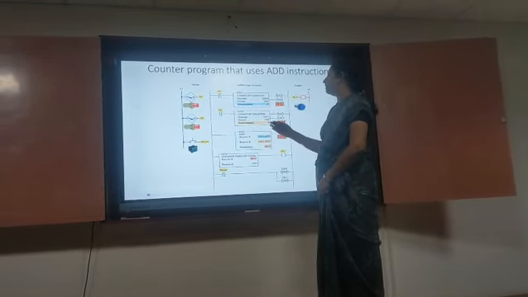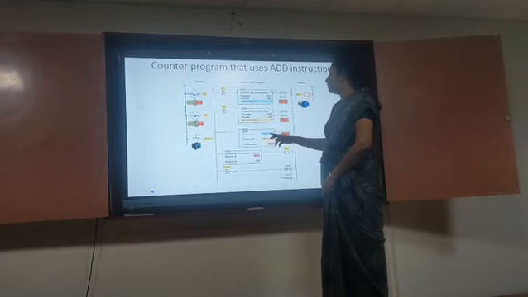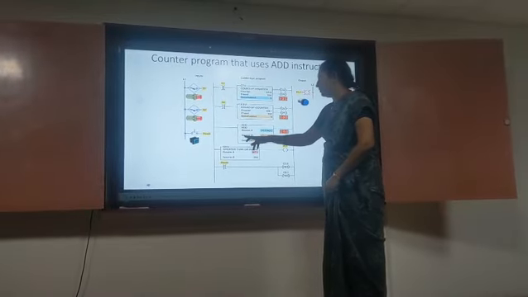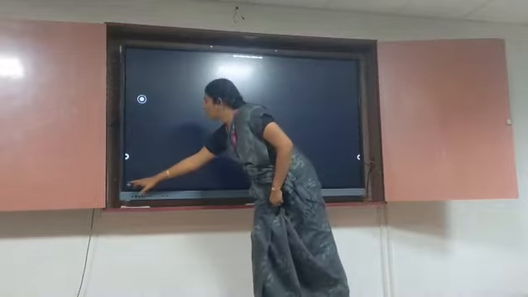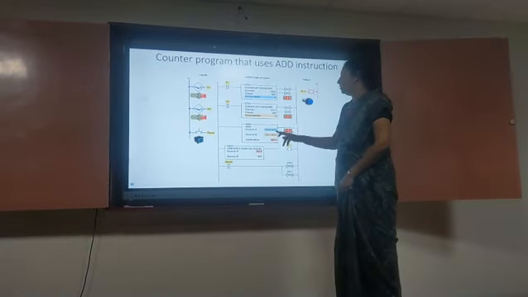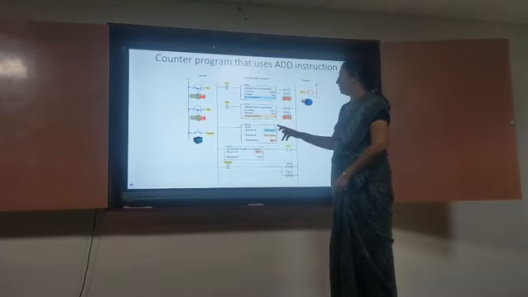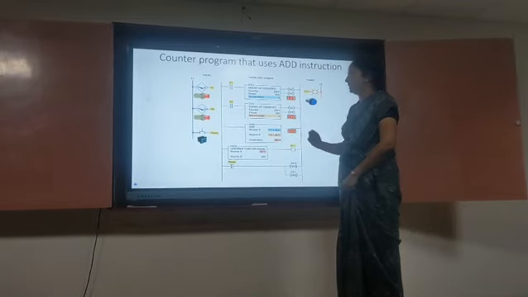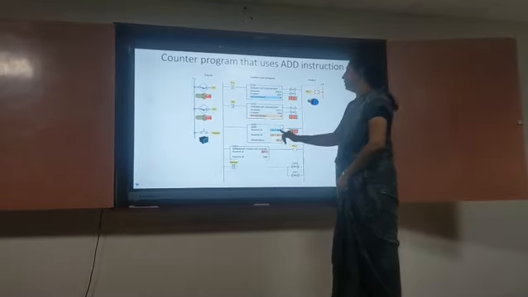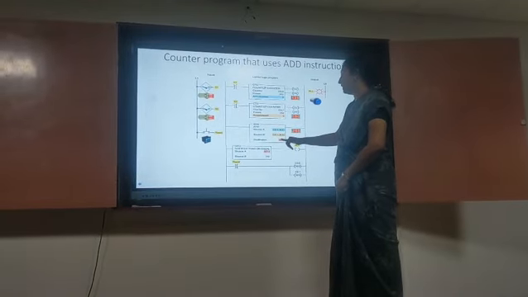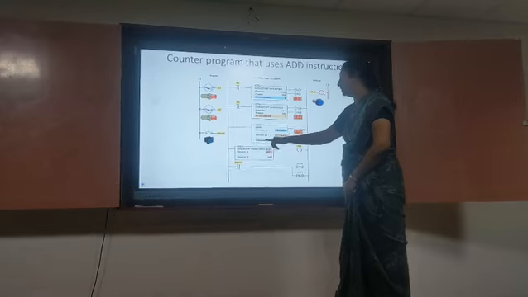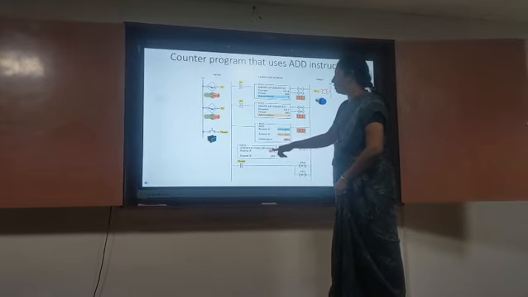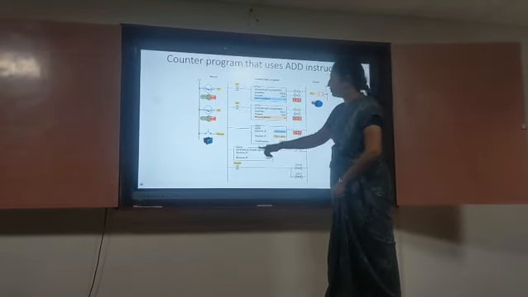As and when the counter values keep on increasing, those values are going to be updated here as well. Here you can see source A, suppose it is 3, and source B, suppose it is 4. These two values are going to be added. 3 plus 4, 7, or 3 plus 5, 8, or 3 plus 9, 12. These are going to be updated here at the destination address N7:1. This N7:1 is also connected to the GEQ,